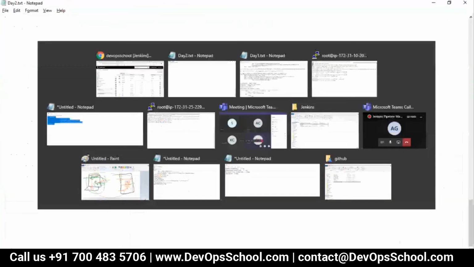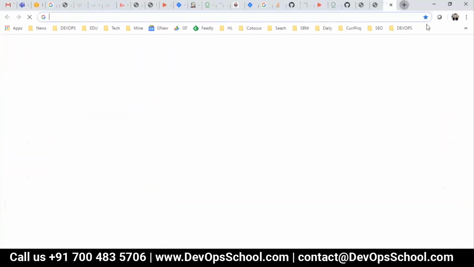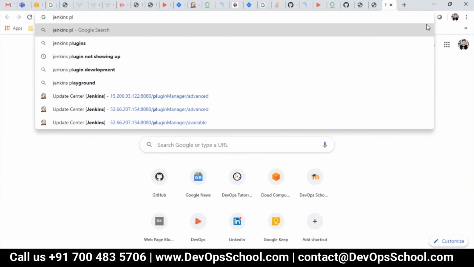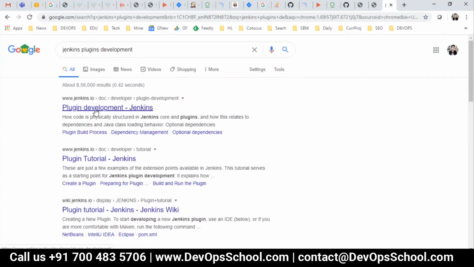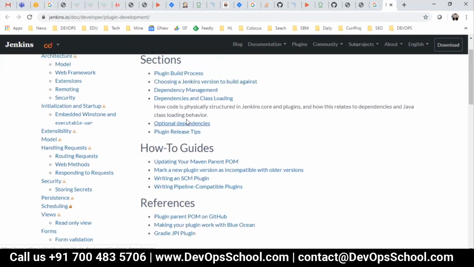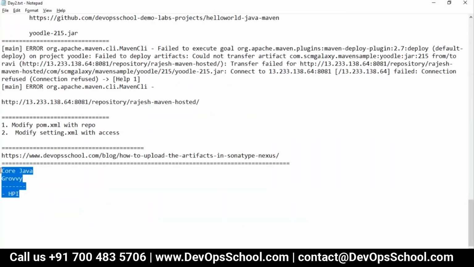Now the question is not how to learn Java and Groovy, but how to get started with plugin development, so there's a complete repository available from Jenkins itself. So you can use that one. There are complete guidelines for that, because in order to write a Jenkins plugin, you need to know the Jenkins code also, like where you want to display what.